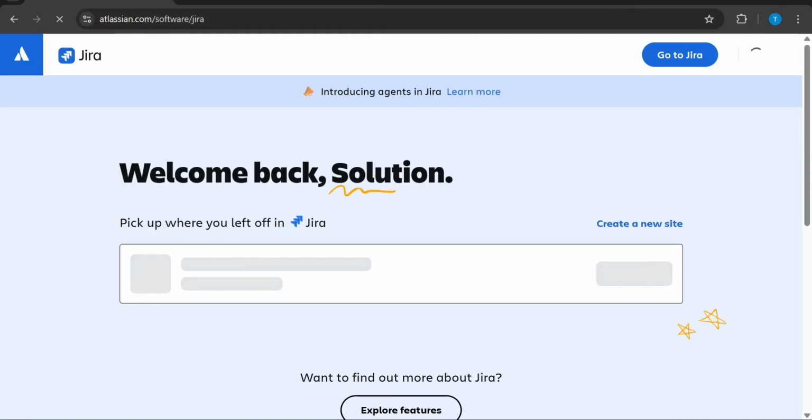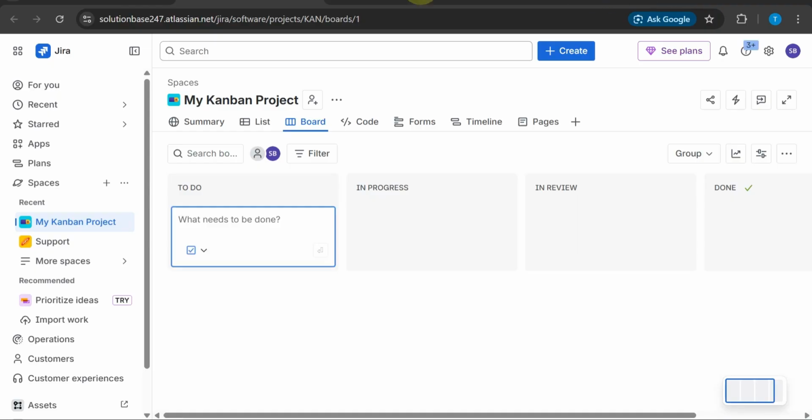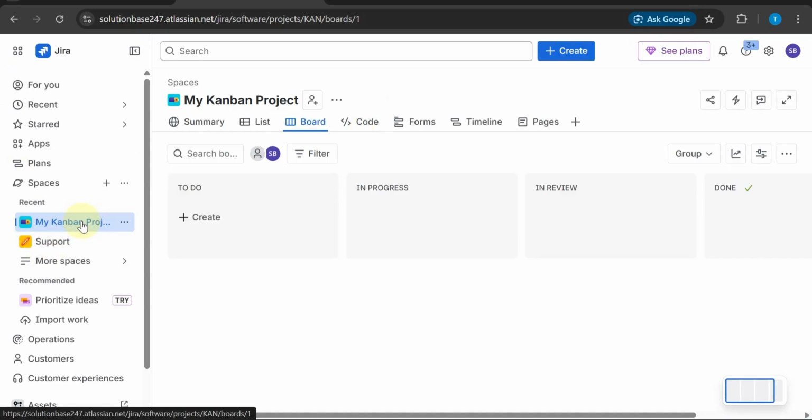Once you're inside, head over to the board view. This is where you can see all your tasks and their current status, giving you a clear overview of how your project is progressing. Now move your attention to the top right corner of the screen and click on the